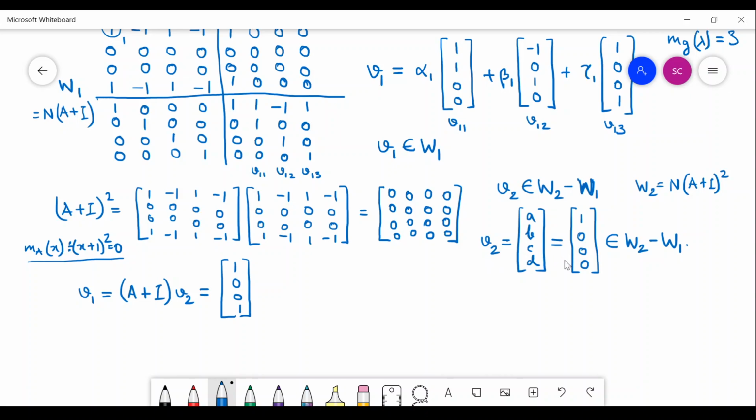Remember, this selection is your own selection. Your friend may select something different, only he has to take care that the selection is in W2 but not in W1. This much only one needs to guarantee, that's all. And for this one has to look into the basis vectors of the lower eigenspace, just one unit lower.